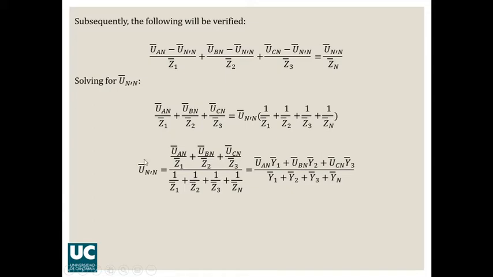If you solve for this difference in potential between the two sides of the neutral conductor, there you will have this expression. And here 1 divided by the impedance is the same as what we call the admittance. So here we have substituted 1 divided by impedance with admittance. Okay? So you will get to this expression here.